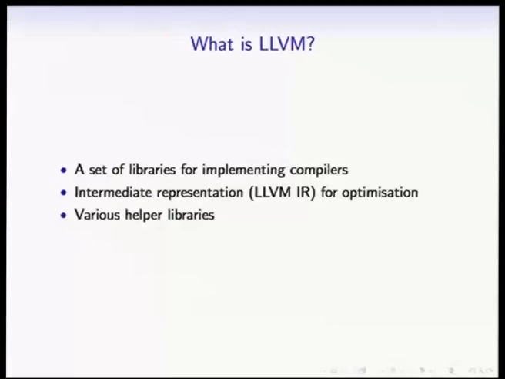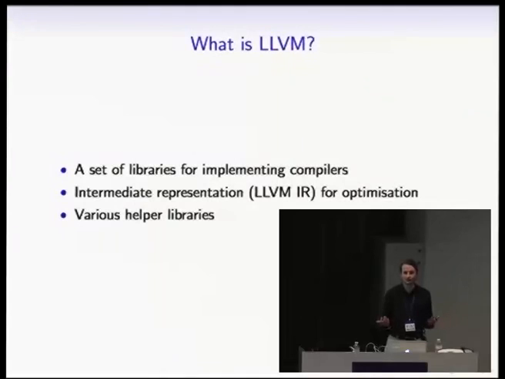LLVM, most people, I guess, if you think of LLVM, you'll think of Clang and you'll think of, oh, LLVM, that's that GCC replacement, right? And this is maybe the most user-visible version of part of LLVM. It is in combination with Clang. You can take C and C++ and Objective-C code, and you can compile it to native code. And that's, well, it's something we all need to do, but it's not actually a very interesting thing. You take a standard programming language, you create object code. We've kind of been doing that for the last 40 years or so; we know how to do that.